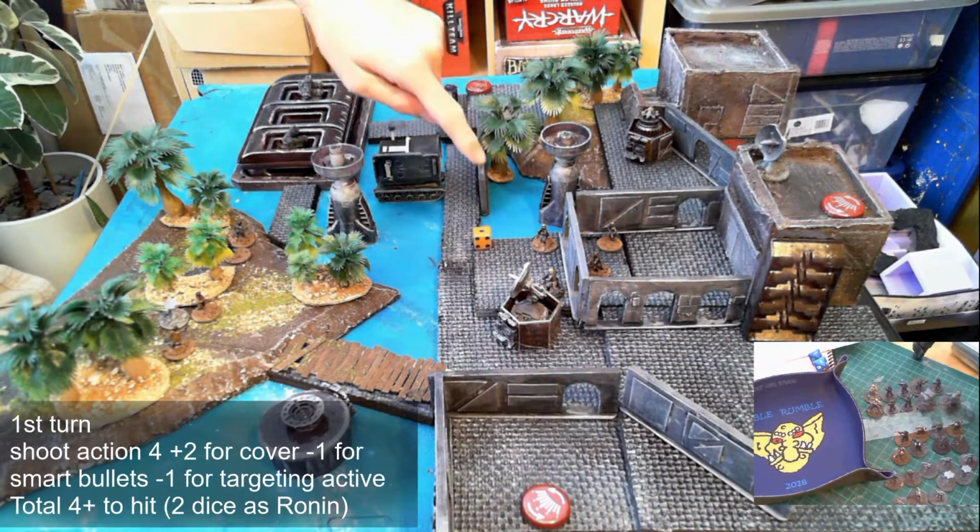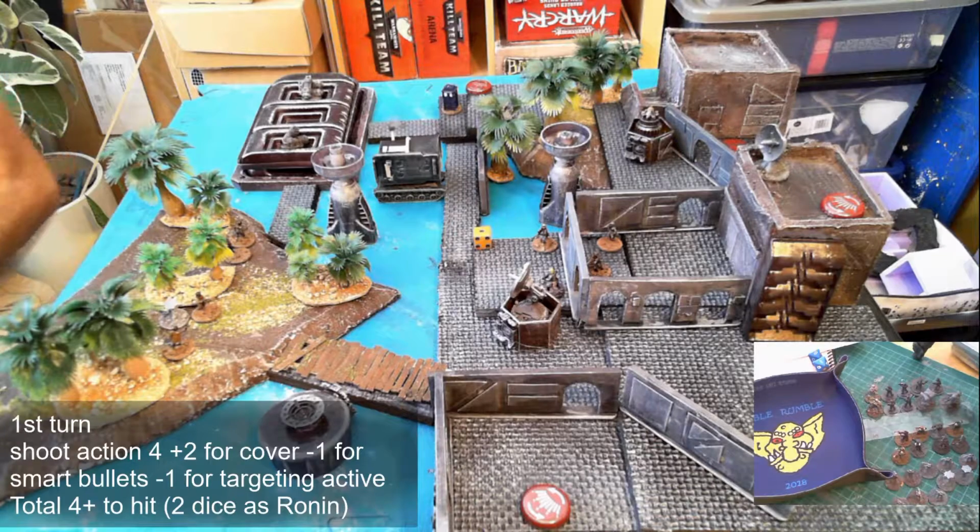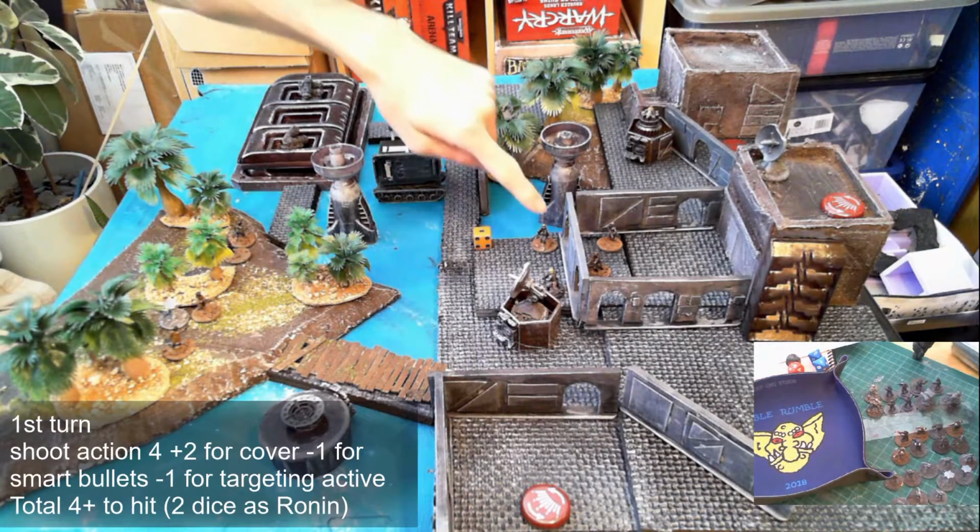Action 2, I'm going to use my D10s, and because I'm a shooting specialist, a Ronin, I can see across that, so that's going to give him +2, but I'm going to get -1. I've also got targeting smart bullets, so I'm actually negating the cover altogether. So I need +4 on 2d10. 7, got it. So that action is activated, and I've shot this